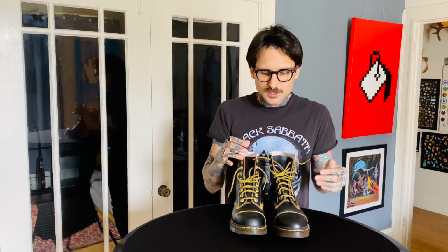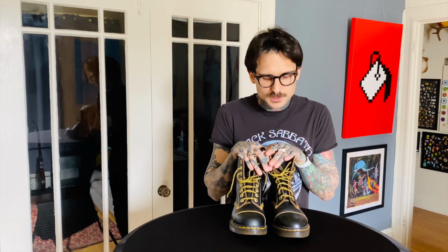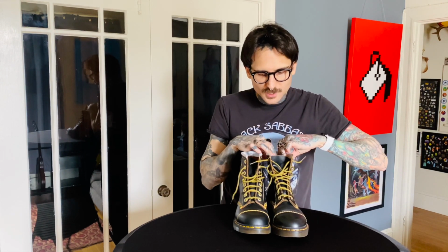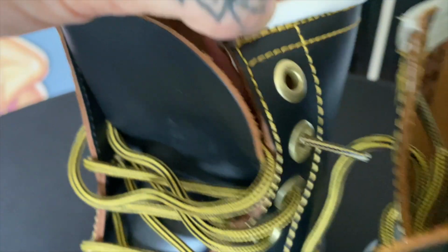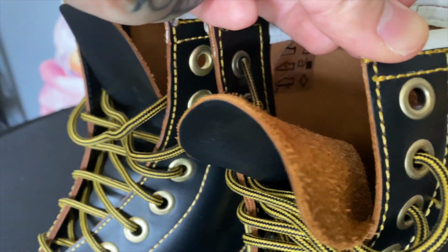So it really, again, depends on your usage, depends on your rotation. All those things are something to factor. I believe they're both durable, great quality shoes. I talked about the thickness with the leather between the Made in Asia and the Made in England, and it's definitely noticeable, but the Made in Asias are substantial. They're great. On the Made in England and the eyelets on the Made in Asia, pretty much the same,